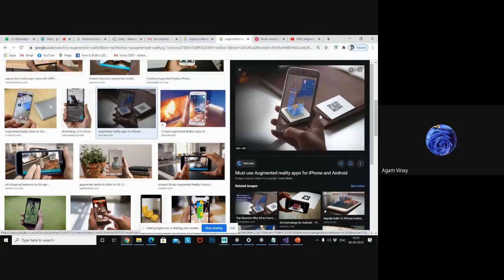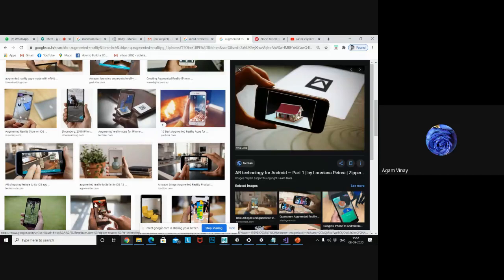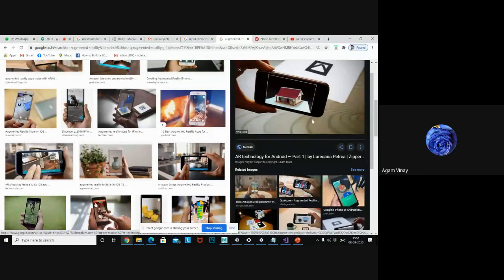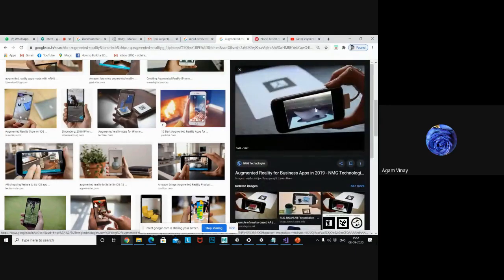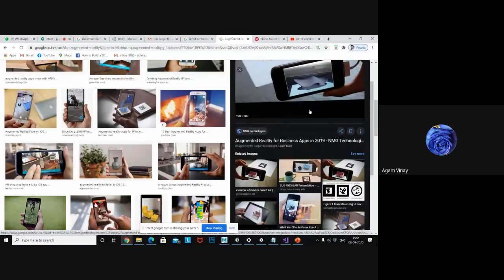So tomorrow I am going to show this type of example. Whenever you scan, the object will appear. This is called AR, augmented reality technology: scanner-based object detection in the 3D world.